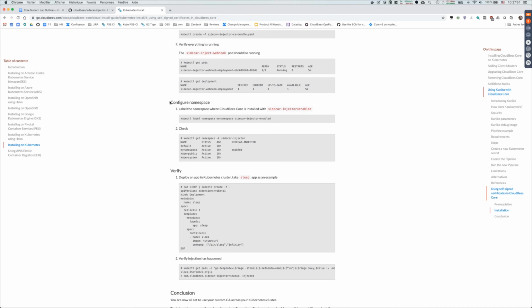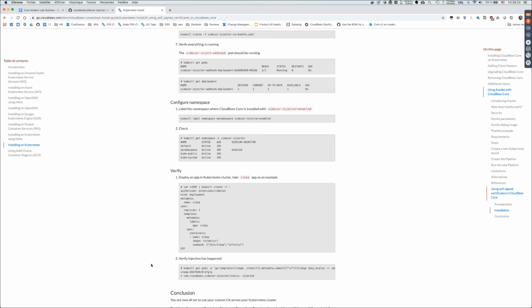The second step is to enable the tool. By default, it is not enabled on any container in any namespace, because we don't want to interfere, for instance, with the containers running in the kube-system namespace. We only want to affect CloudBees CI or potentially containers that need to access HTTPS websites. This works by just labeling a given namespace, and as soon as it is labeled, any pod that will be created inside this namespace will be decorated with whatever is specified in the tool configuration.